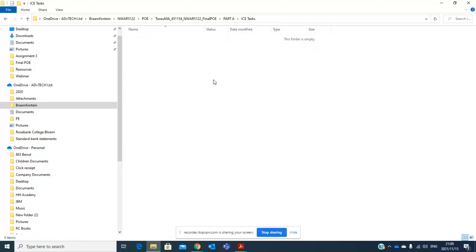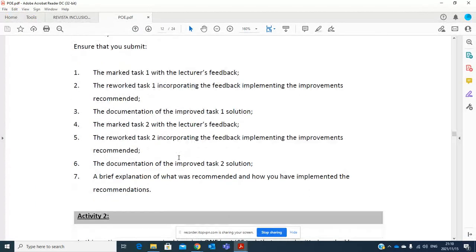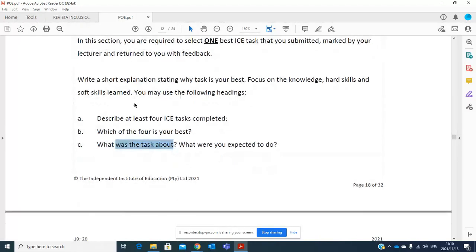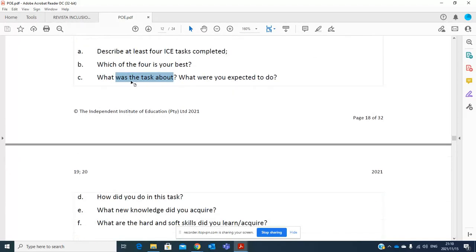Now, in ICE task, you will take the screenshot of your marked ICE tasks and paste it on the Word document. There will be 4 of them, and then you start answering these questions. Describe at least 4 ICE tasks.